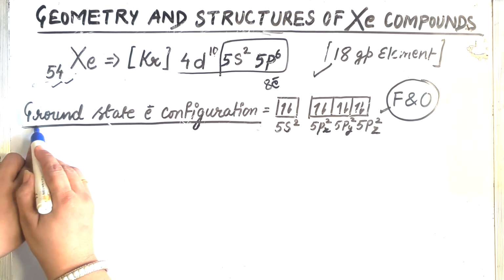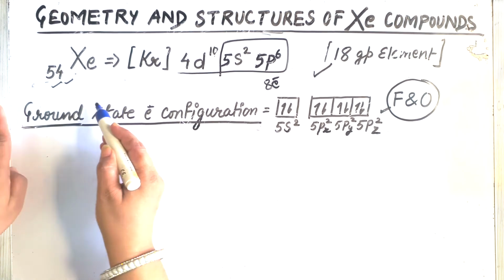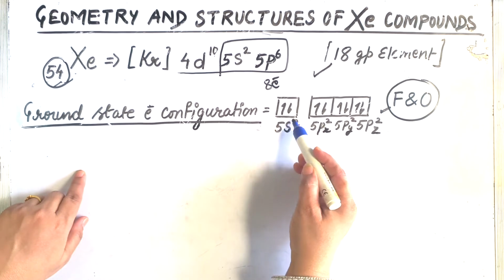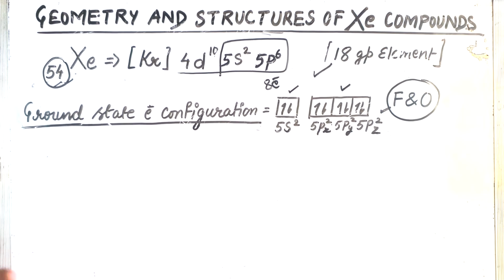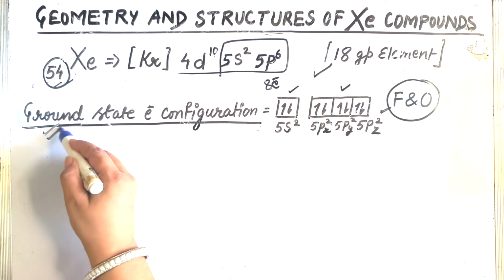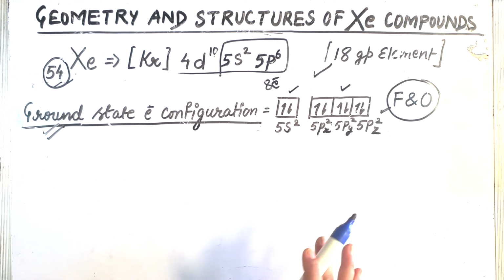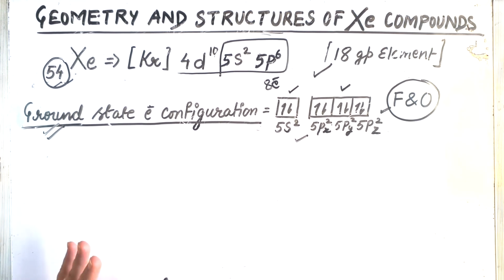Here I have mentioned the ground state electronic configuration of xenon, atomic number 54. You can see here all the orbitals are completely filled. Now let us understand what xenon is going to do when it is about to react. When it is in the ground state, it does not need any arrangement because it is completely satisfied. But when xenon has to make a compound, it has to prepare room for the coming species, and these rooms are created by the hybridization process, which we are going to discuss here.